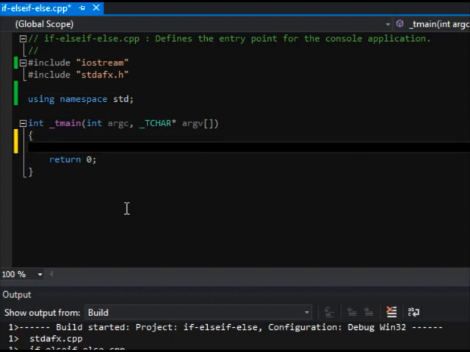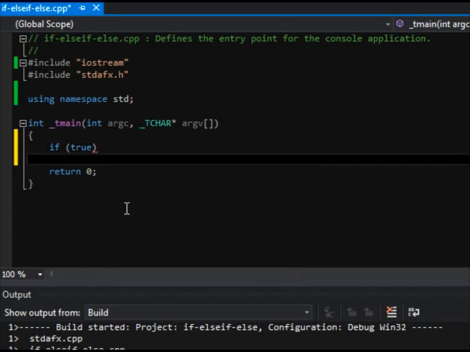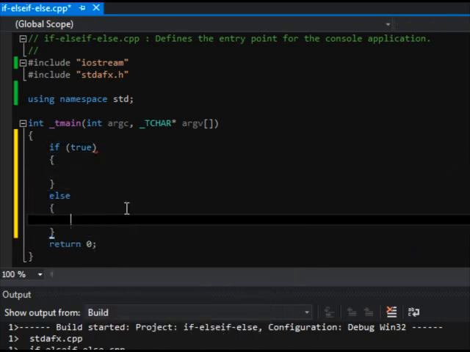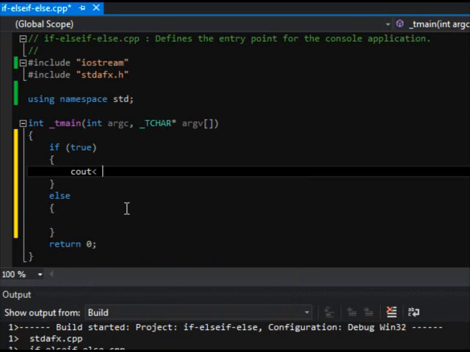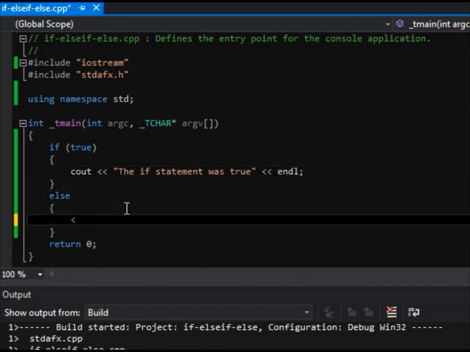And in this case now, we're going to do what we typically would in my other tutorials. We're going to show a little bit of if, else if, and else statements. In the other videos, it's if, and we'll just say true, else, do something else, right? And we'll just print something out to the console here. We'll say the if statement was true, and our else statement will just say cout, two less-than signs, double quotes, the else statement